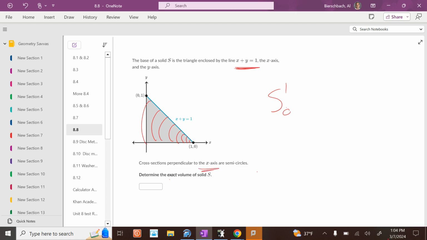So solve it for x. Or solve it for y. So y equals 1 minus x. So it's going to be 1 minus x. And then if it's semicircles, it's 1/8 pi this squared. Okay? So if we do that, 1/8 pi that squared,